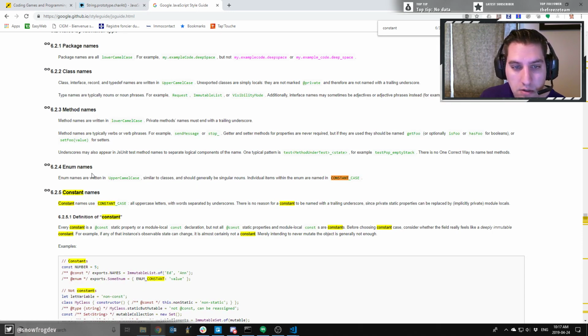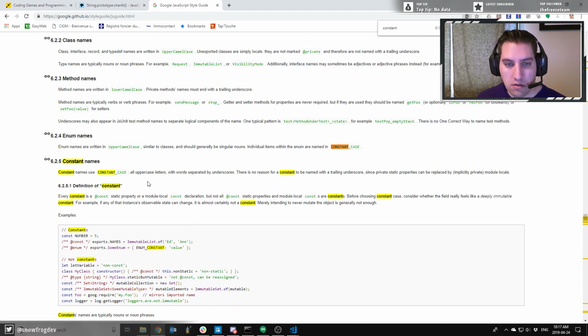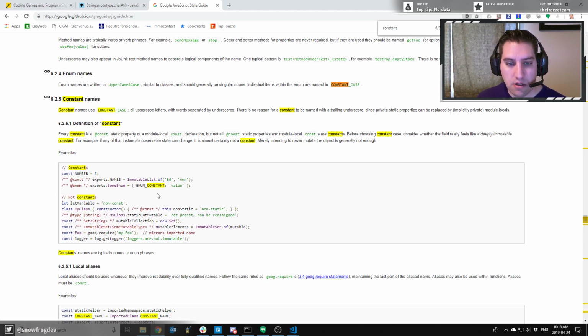Oh, there we go. Oh, that's enum. Enum names. Constant names. Constant names use constant case: all uppercase letters with the words separated by underscores. There's no reason for a constant to be named with a trailing underscore, blah, blah, blah. So the convention, in JavaScript at least, seems to be to use capitalized constant names when they are truly